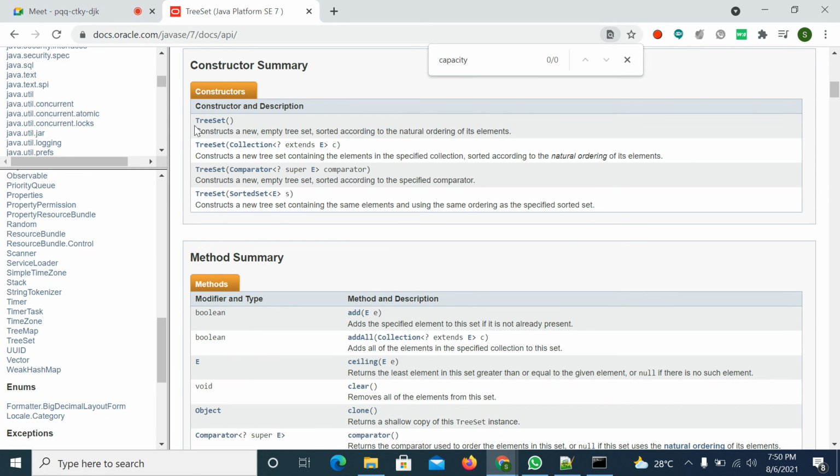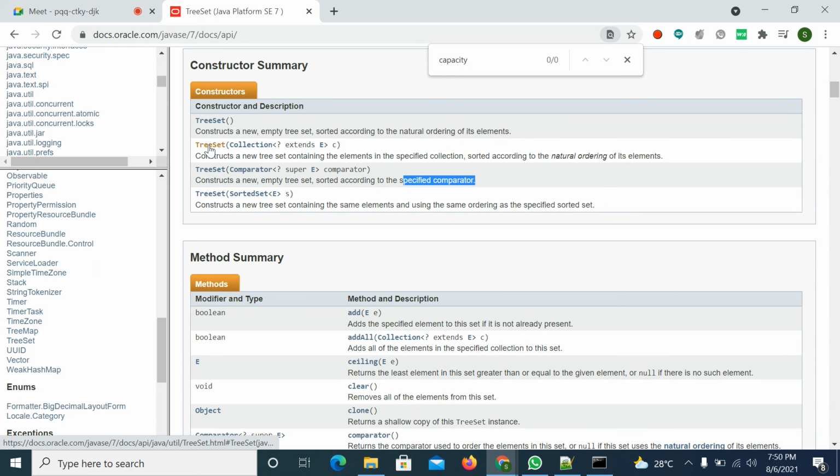First one, without any parameters, according to natural ordering, natural sorting order. If you are passing a comparator, then this is customized sorting order. The constructor creates a new empty tree set sorted according to a specified comparator. Specified comparator means the programmer-implemented way. That is called customized sorting order.